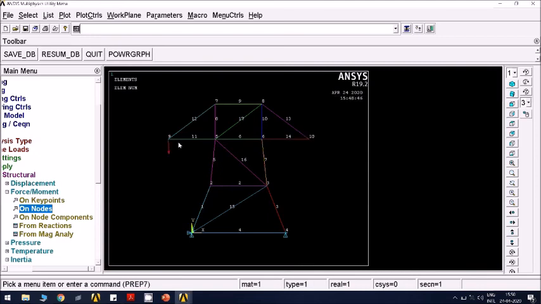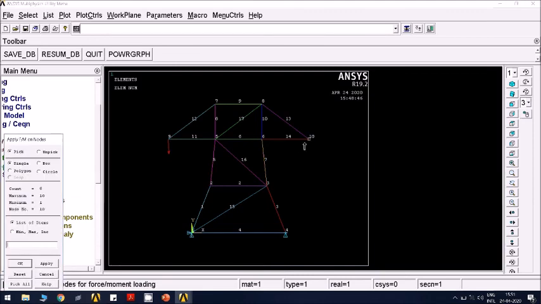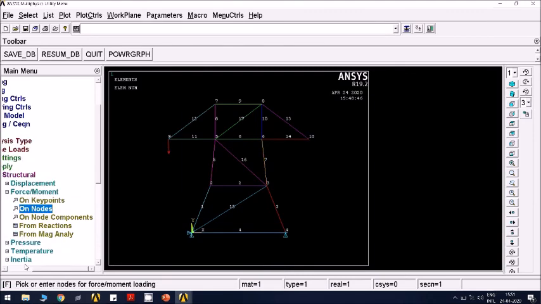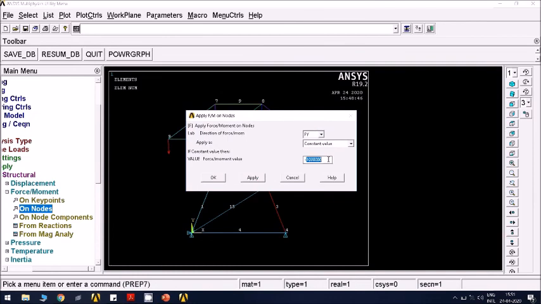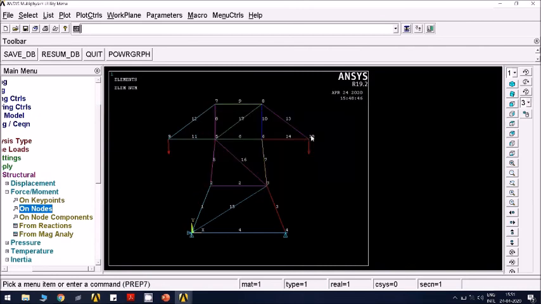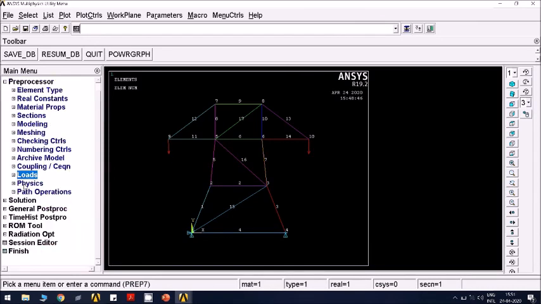Click OK. Now you see it is slightly inclined, 2.29 degree inclination you obtain. And other load is here on this node. That load you can apply as minus same magnitude. Click OK. So you can see this is vertical, but this is slightly inclined. Now you can solve this problem.